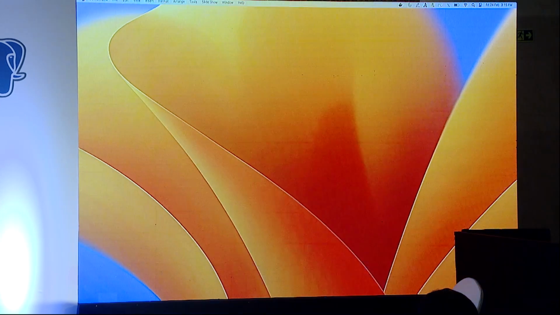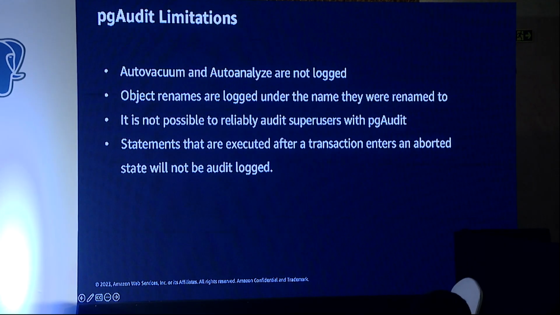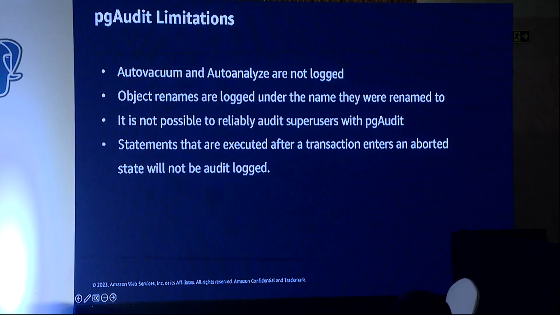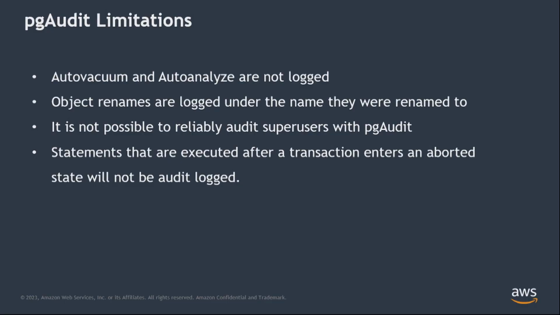Yeah, so some of the limitations listed here: the auto vacuum and auto analyze are not logged. Of course, you don't want to have it, but if there is any specific use case where you want to log that as well, that will not be captured. The object rename is something which Rajesh just demoed, that the object it was renamed to is what it is going to be auditing. The super user is something we say it is not possible to audit with pgAudit. So if you have a super user and you're trying to audit that, that's again not going to be